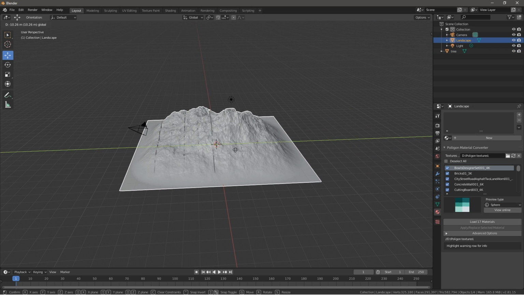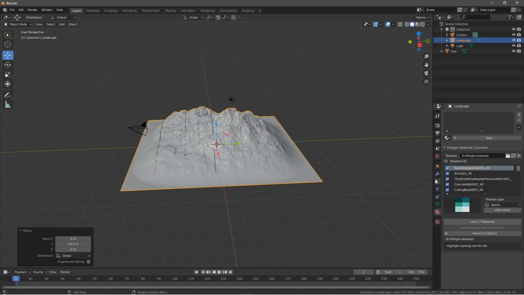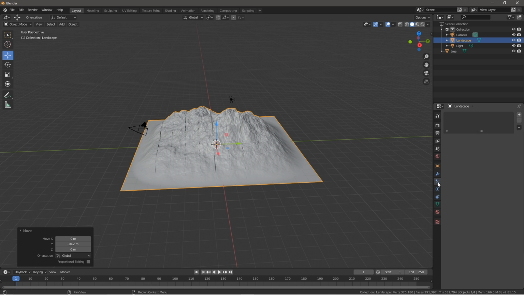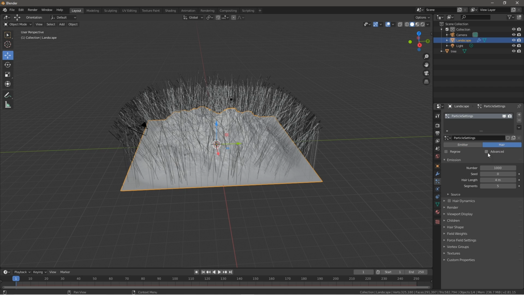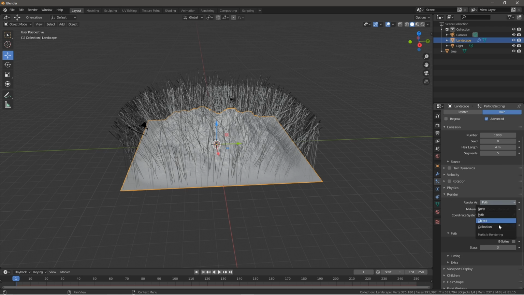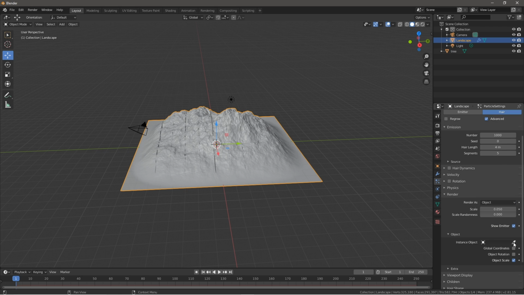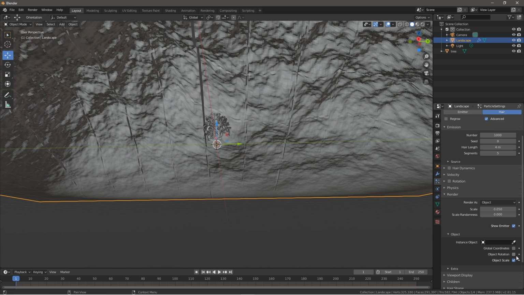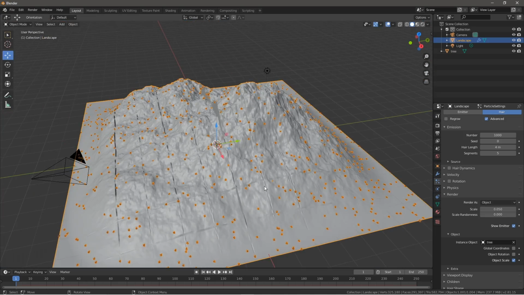Bring this over, and we'll just apply a particle system to it. Set this to hair, tick advanced, and this will give us lots of rotation and hair dynamics and physics down here that you can just mess around with. Then go to render as object, then select our instance object down here. You can just use the eyedropper tool, object tree,